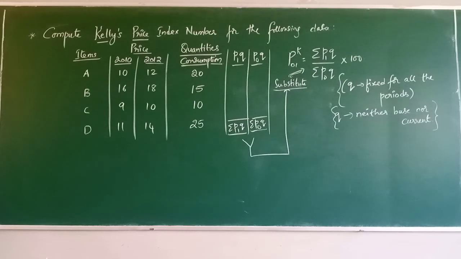So this is how Kelly's method has to be calculated. The table carries 2 marks, the formula carries 1 mark, and the complete conclusion with the substitutions carries 2 marks. So totally it carries 5 marks. Am I clear? Let us see the next 5 mark question, a frequently asked question in the previous final examinations.